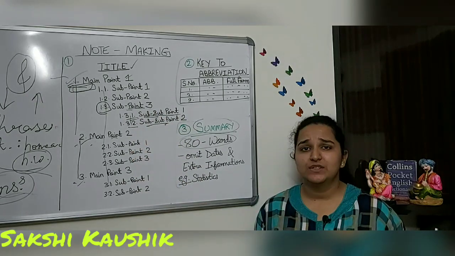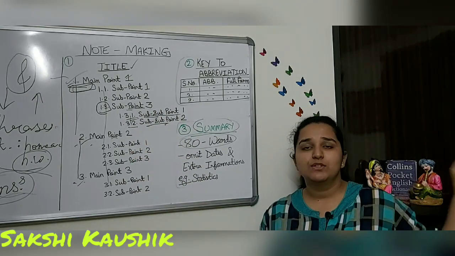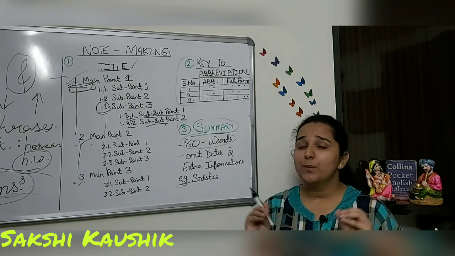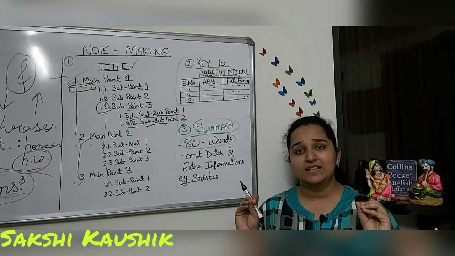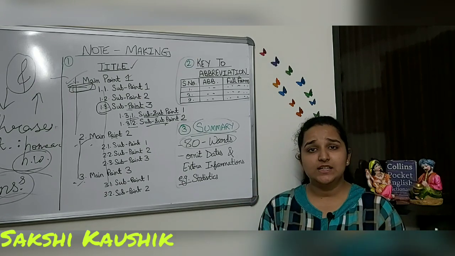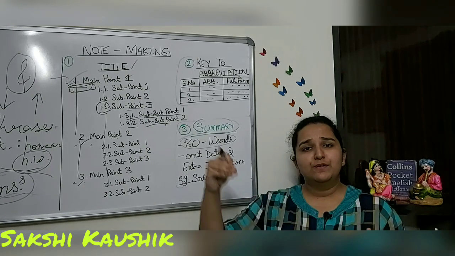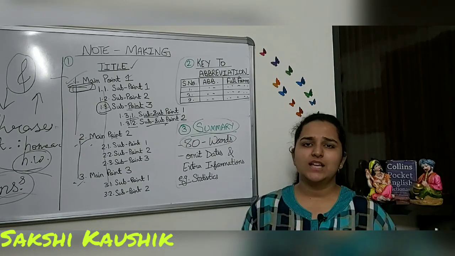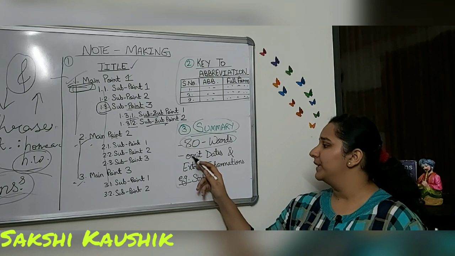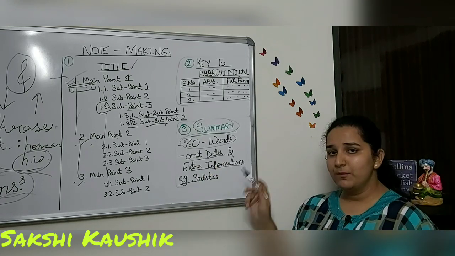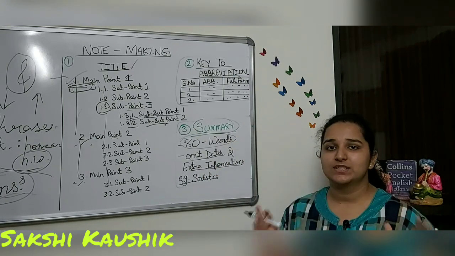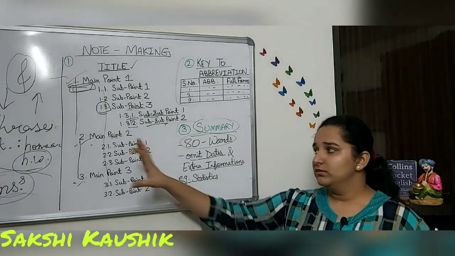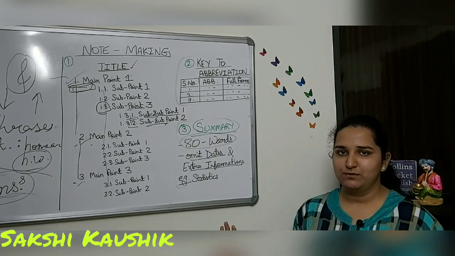If any kind of date is given, like on so and so date this discovery was made, you can omit such dates. You can also omit any extra information given in the form of statistical information, like 2,54,000 people were disregarded, or any such information. So you can omit the dates and extra information that would further concise your summary. Only the important points you have to take from your main body, not the dates, not the extra information.